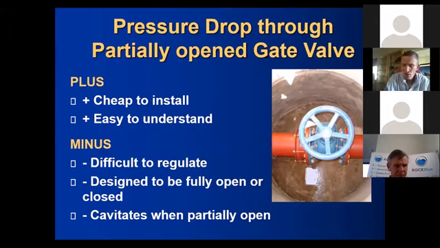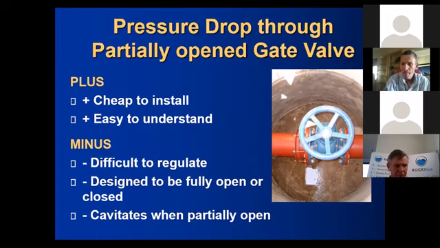A more common approach, and one which we don't recommend at all, is to use a gate valve where you throttle the valve. This is often used to reduce pressure in systems by operators within the water companies. It is not advisable. Gate valves were designed to be either fully open or fully closed. In order to reduce the pressure, you have to almost close the valve so that there's only a small amount